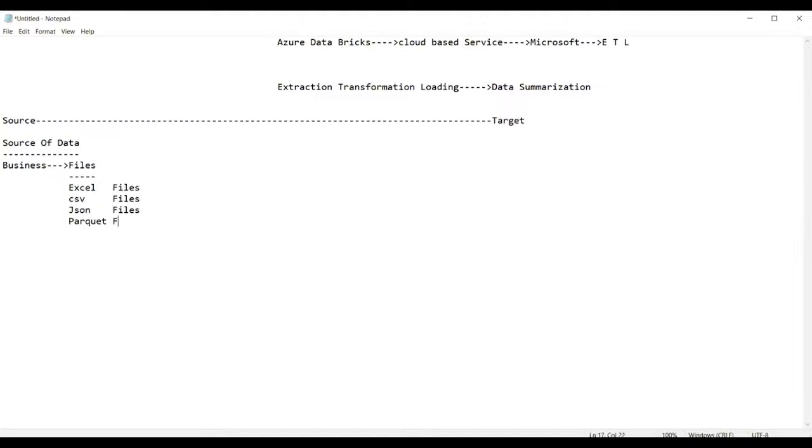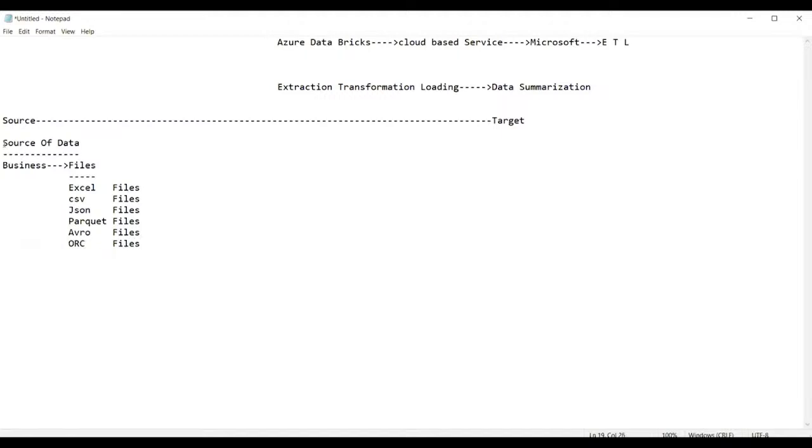Then you can have Avro files, and we can also have ORC files, various types of files.